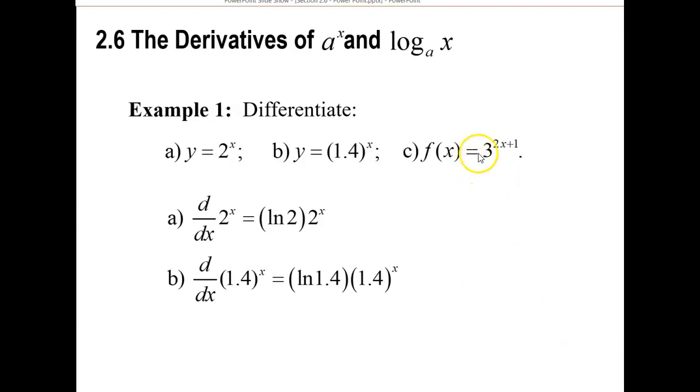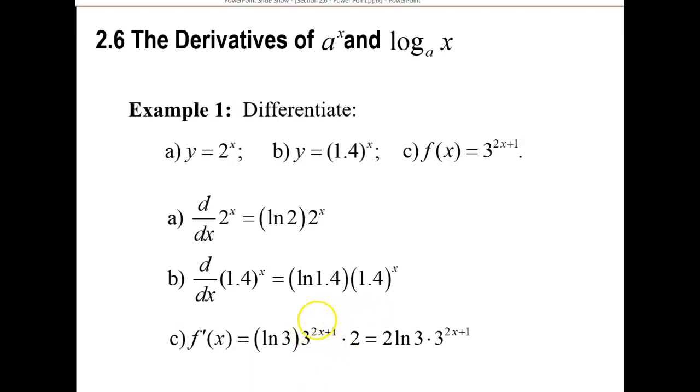All right, so part C shows us what if the exponent is not just x? What if it's another function? Well, this means we apply the chain rule. So we start the same way as before. The base is 3, so we start with the natural log of 3, just like we started this one with the natural log of 2 and this one with the natural log of 1.4. So we still start with the natural log of 3, multiplied by the original function itself, 3 to the power